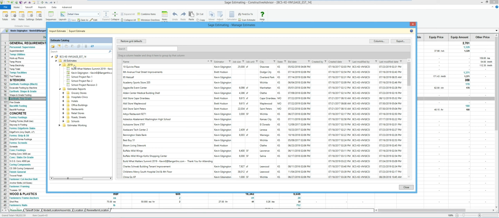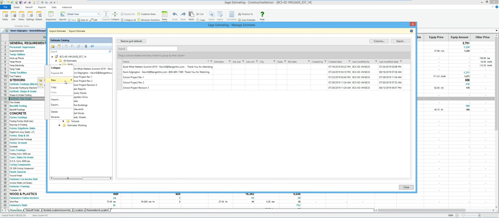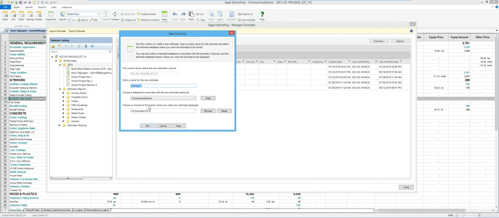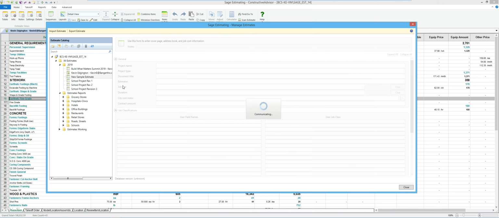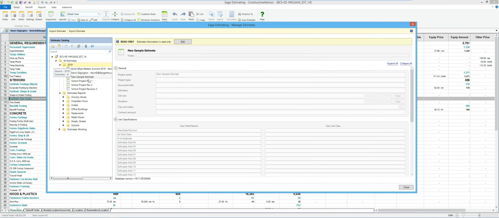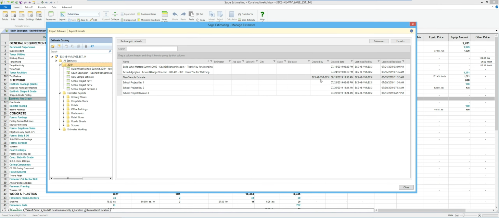So if I go back and let's just create a trash estimate here so we can see what that looks like. I'm going to say new estimate. Now when I come back and take a look at my grid, you'll notice that it's got my username as far as who created that estimate. So kind of handy there, somebody doesn't even have to follow the rules of putting in estimator, and I could still tell who created that file initially if that's important, but it'd probably be better to do estimator so you can do other reports and content from it.